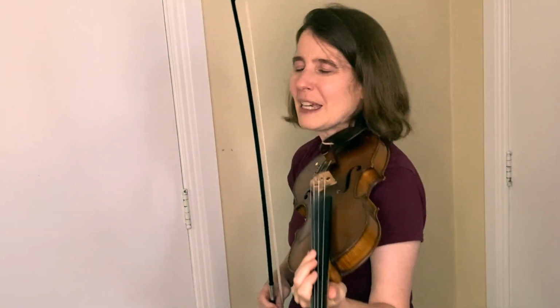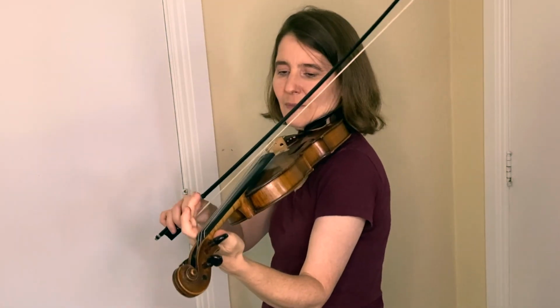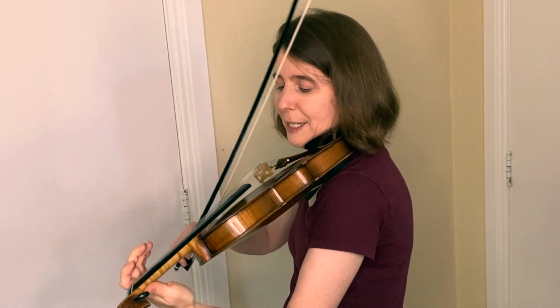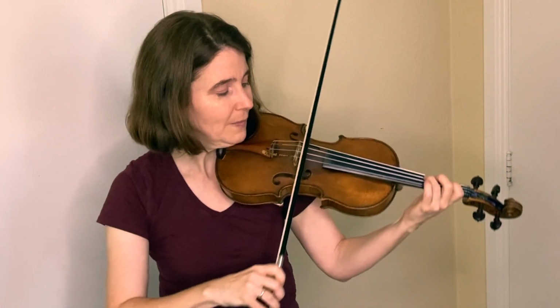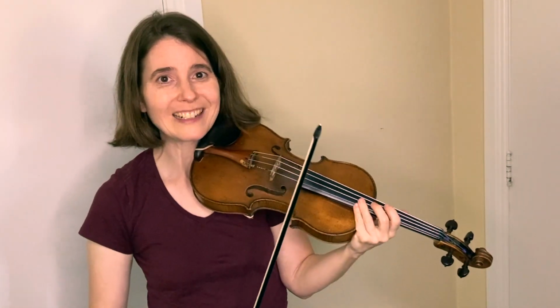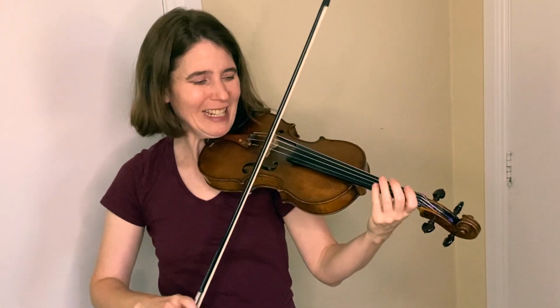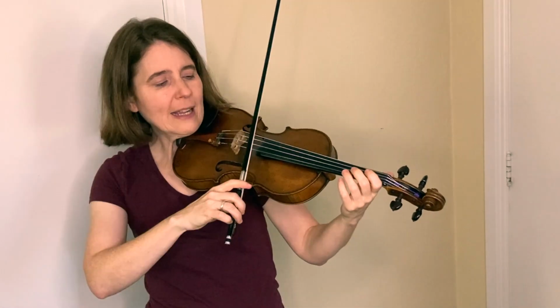And again, feel free to go back and redo this section if you want to. Moving on to this little fancy bit, and you have a choice here. This decoration is optional. You can just play, or you can tap your first finger on the A string and play. If that's tricky for you and you want to do it, practice